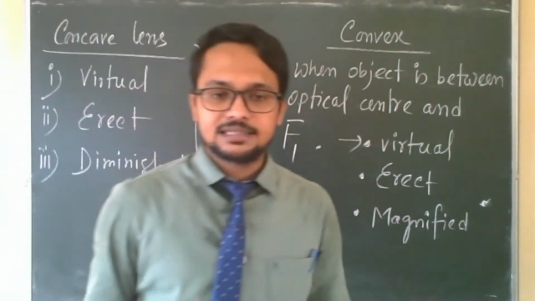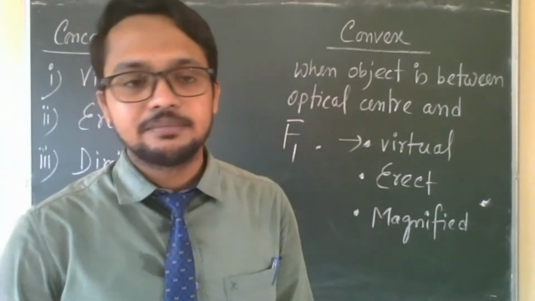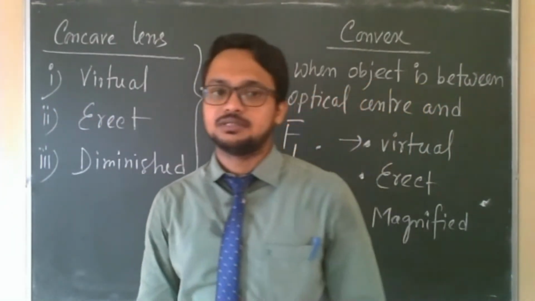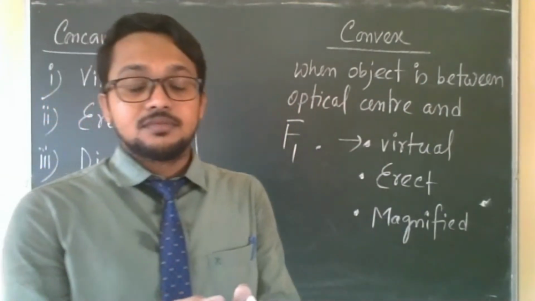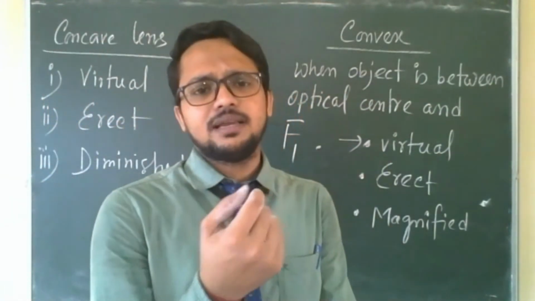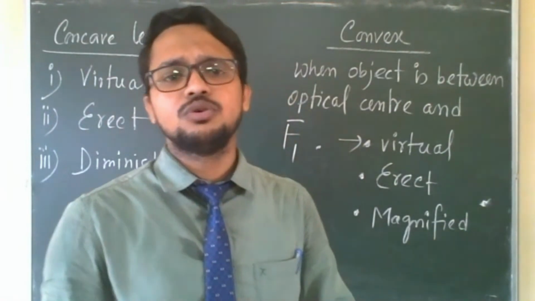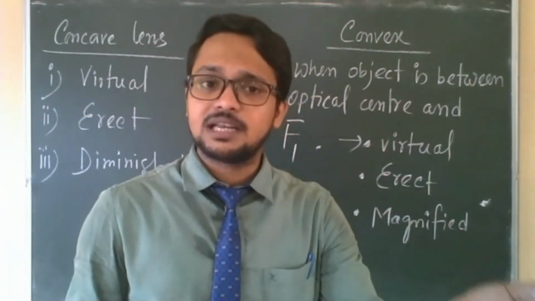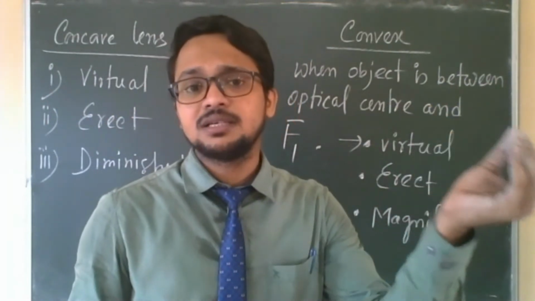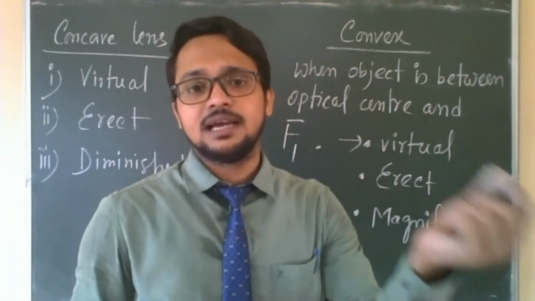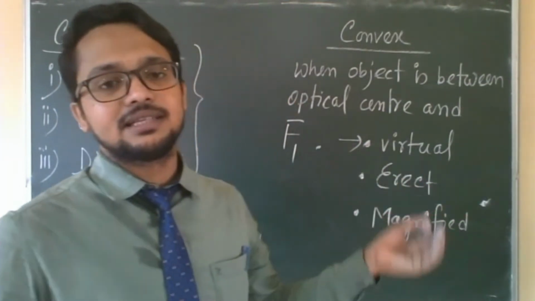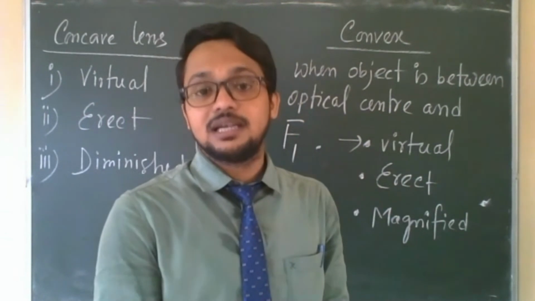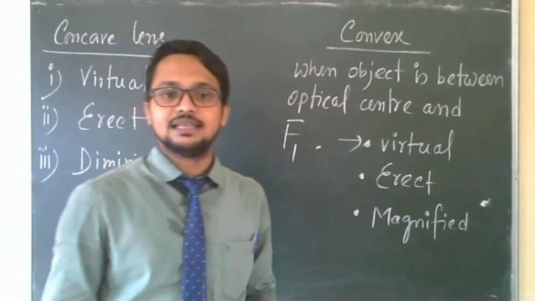In the next class, we will see the third part, that is sign convention and lens formula. Very important for numericals and for conceptual questions. Suppose a very small numerical is given, you don't have to calculate anything. You are asked to write the properties of the image or the nature of the lens. From that particular sign, positive or negative, we can easily tell whether the image will be virtual or real, whether it will be magnified or diminished. All those things we will see in the next class.